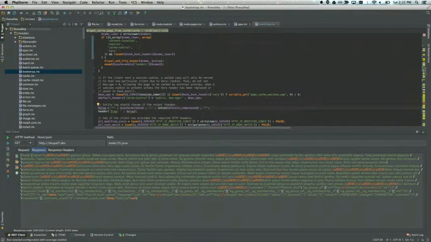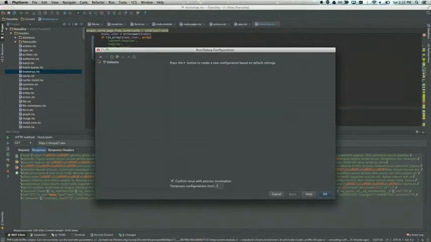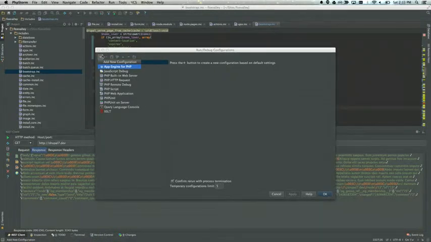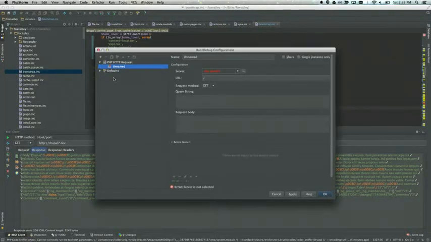And then to debug it, you go to this Edit Configurations here. And you pick a new configuration, and what you want to use is PHP HTTP request.